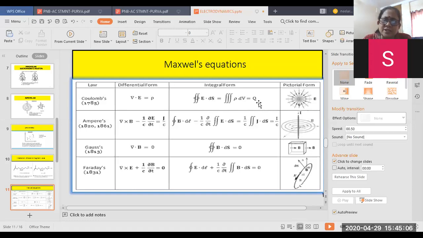Okay, so that is why when you want to observe Q, where you will take ds, you take along the